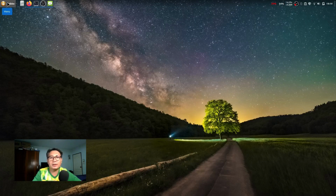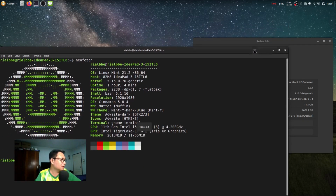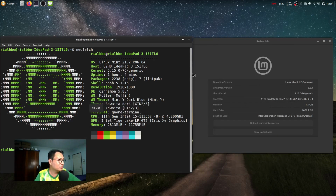So, conclusion on this Linux Mint 21.2 Victoria. Is it good? Yes, of course. This is my number 2 OS with the kernel of GNU and Ubuntu. It is kind of cool. We have all those things, and at the same time it is easy for the newcomer to use this as their daily driver from Windows. As you can see, it is so easy to use this Linux Mint,